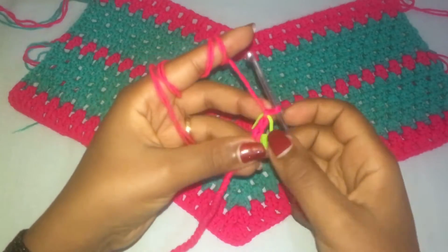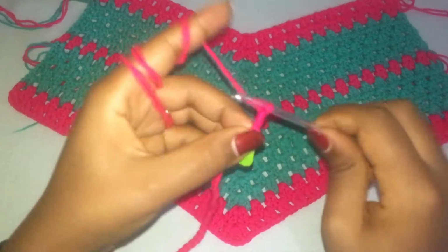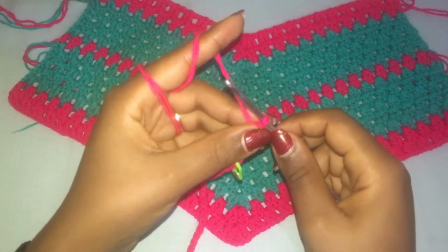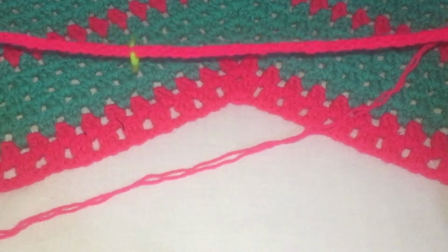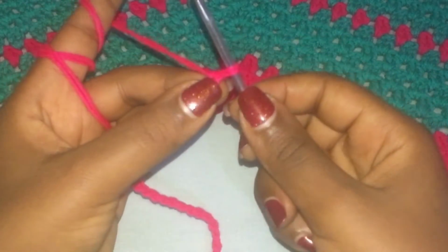So this is 31, 32, 33, 34, 35, 36. Go ahead and make the chain until you have 64 stitches. So I now have a chain of 64 stitches, and I have already marked the center. And now what you're going to do next is